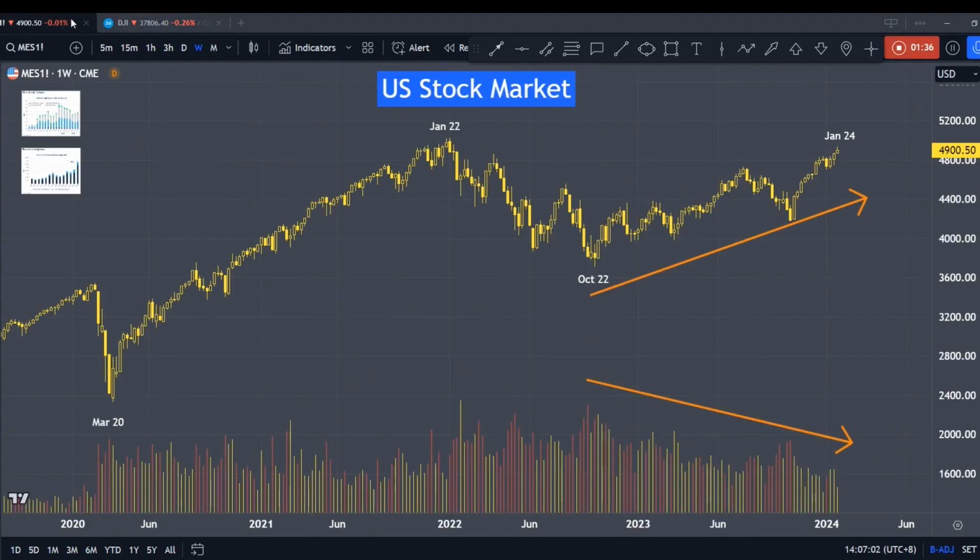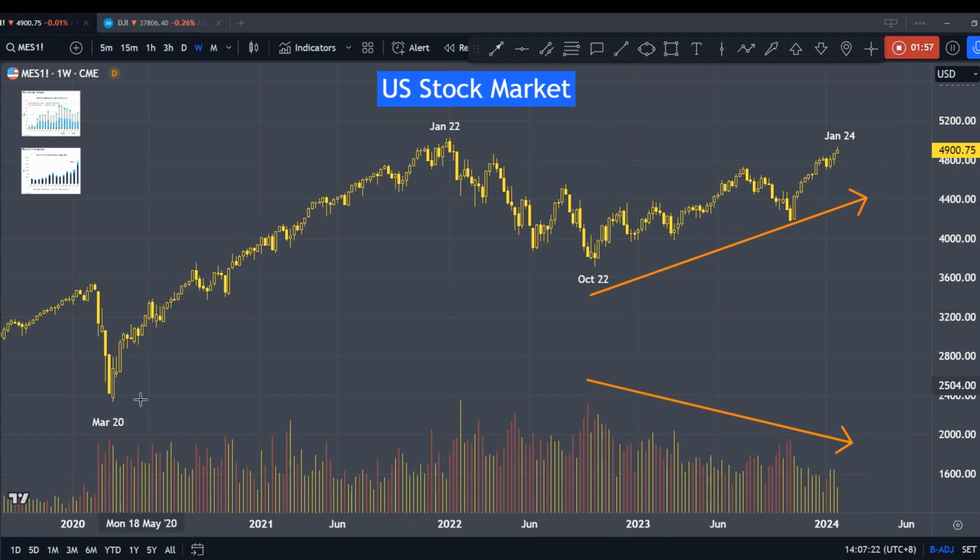Why is it so? And what we're seeing here is the divergence. It means that since the late part of 2022 into 2023 into 2024, right now, the market has been going on a bull run, but we're seeing a divergence, which I'm going to explain to you in a short while.